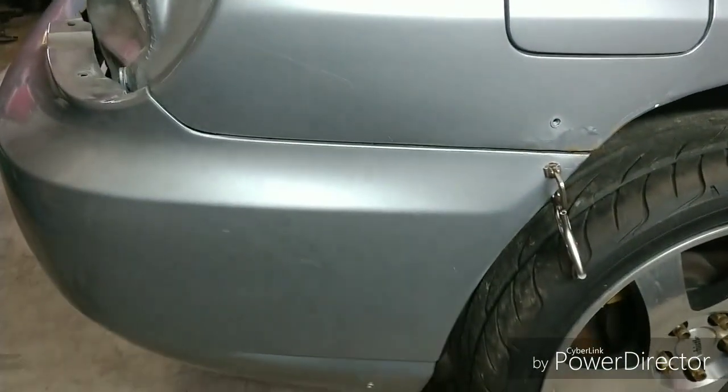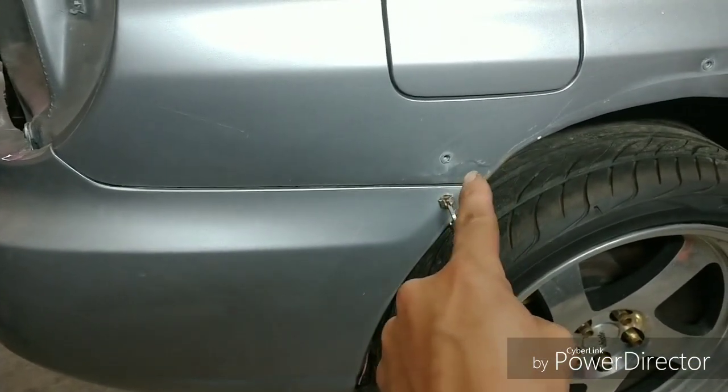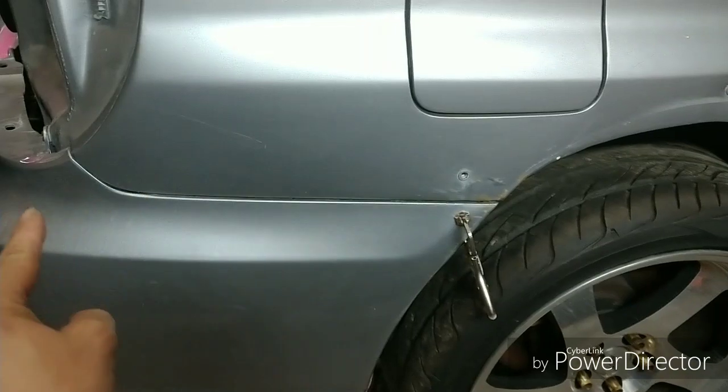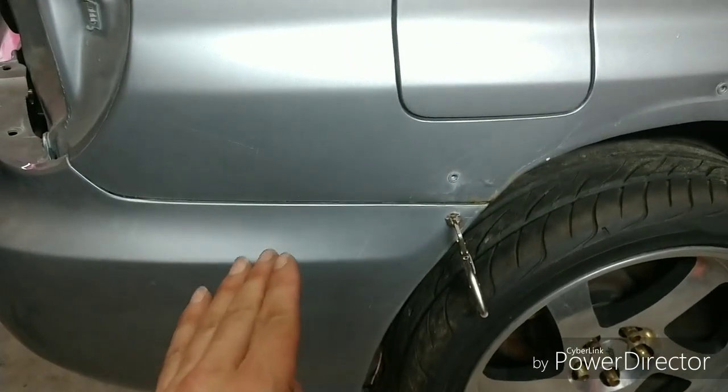So that looks a lot better than the other side. And you can see here, there's a lot of blistering and whatnot, so they did fill a lot of mud in here, which again, I'm going to have to grind out just to see exactly how well this